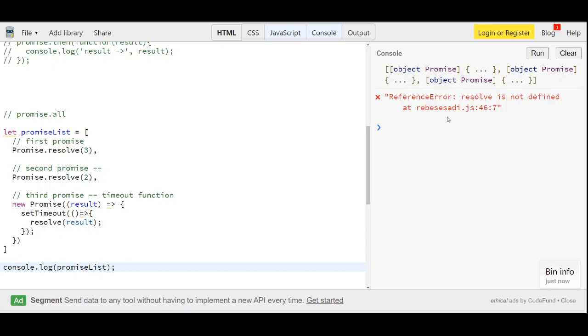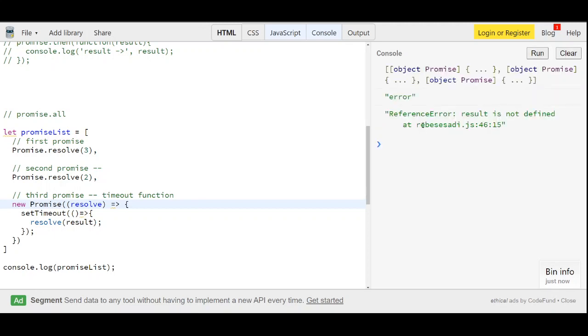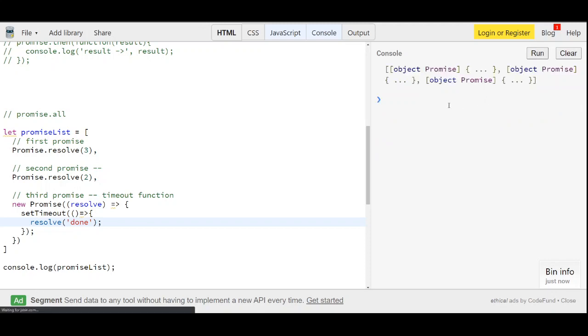Okay, sorry. It is a resolve function, right? Since we don't have any result here, I'll just put result, or you can say done, right?